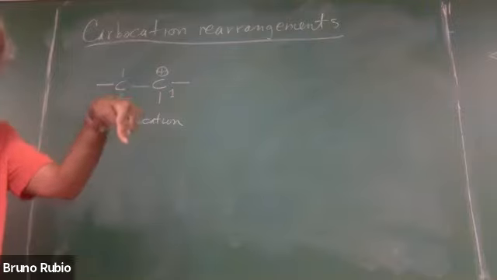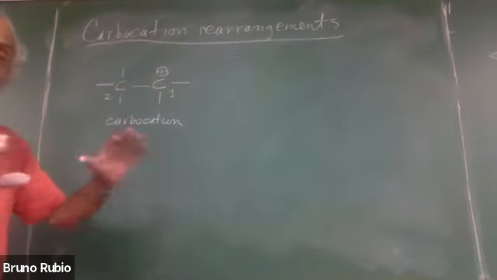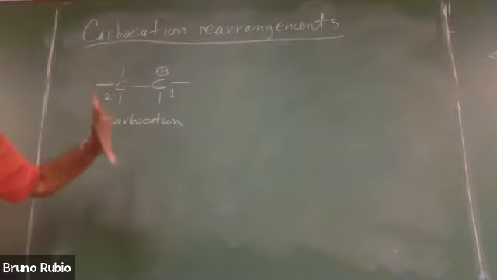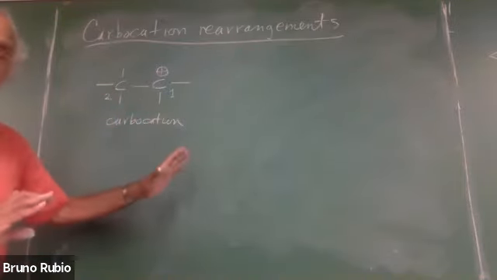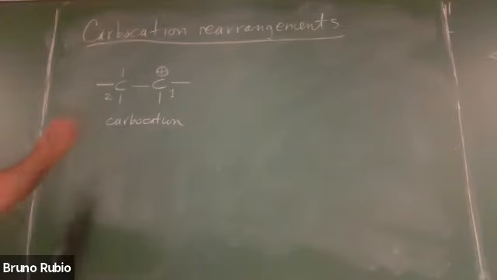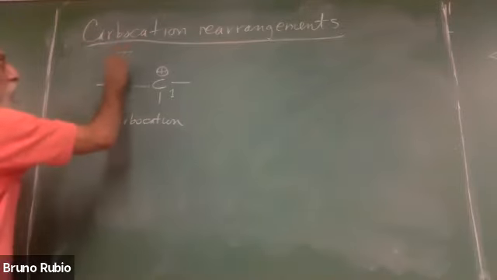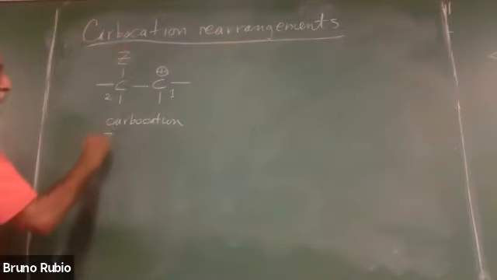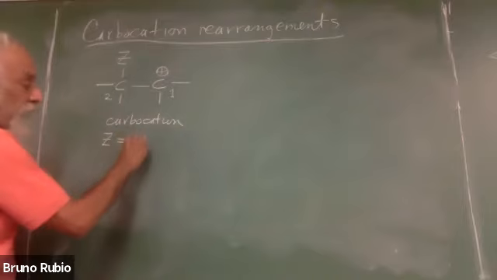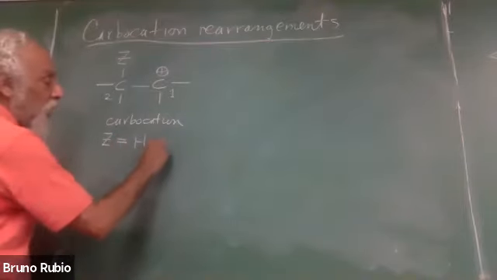You can have 3 carbons bonded to the carbocationic carbon. Here I'm just showing 1, but we need to remind ourselves that carbon 2 is just the neighboring carbon. There is something bonded to carbon 2. I'm going to call that Z. Z doesn't have to be, but most of the time, Z is going to be a hydrogen or an alkyl